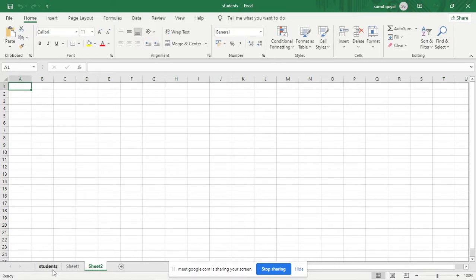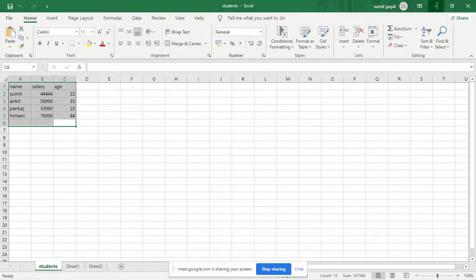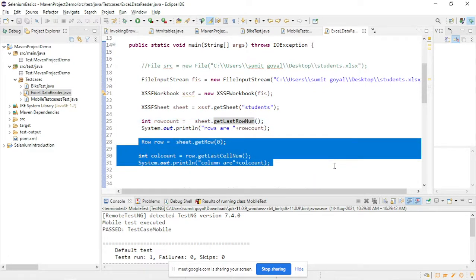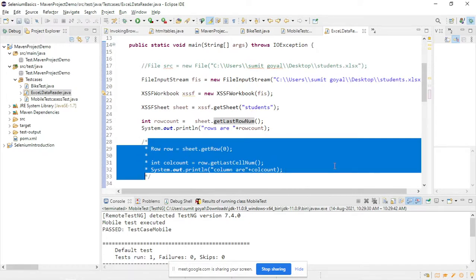So first I need to tell which sheet is the one where I am having the data. So this is the sheet name. So I have given this. So it will capture the sheet, and now we need to move it here. And once we get the sheet, I will first count what is the total number of rows, right? So let me just run till here as of now, and let us see what is the output.